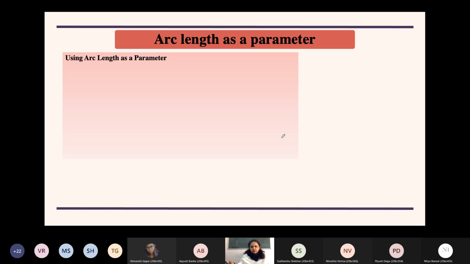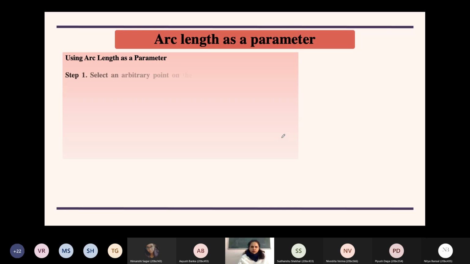Now, obviously, when you have to find the length, you should have two endpoints, that between this and this, what is the arc length. So you should have some starting point or the reference point and that given point. So in between those two points, if you know what is the arc length, then you can find the coordinates of that particular point. So we will study the process, or we'll see how we write now the vector valued function in terms of the arc length as a parameter and not in terms of the usual t.